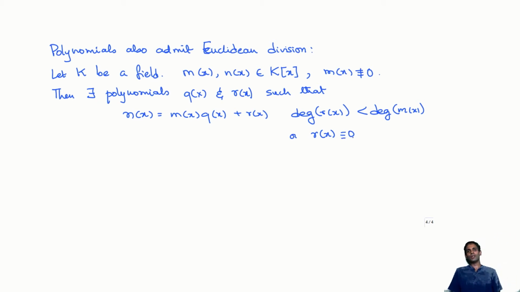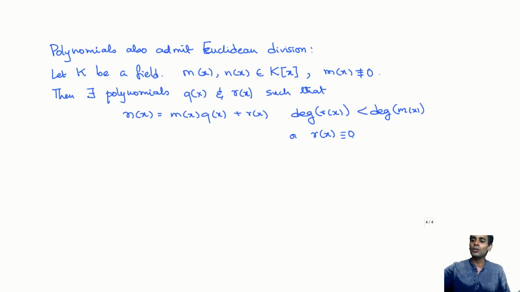I don't know what the degree of the 0 polynomial is. Sometimes we say minus infinity, so that would still work. So this is the Euclidean division algorithm for polynomials, and we can use this again to